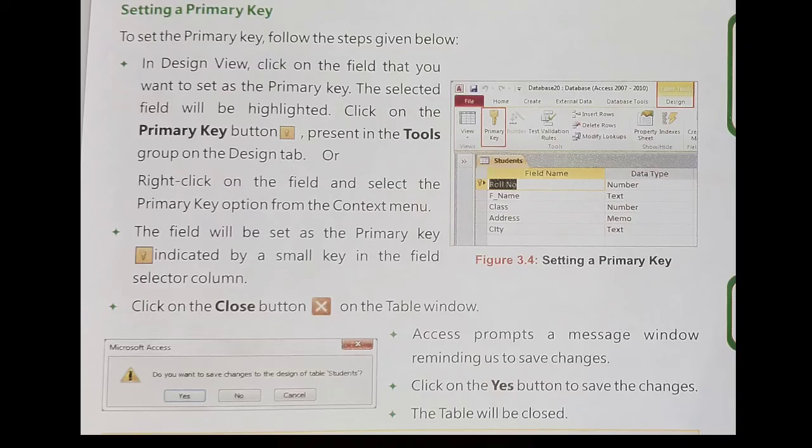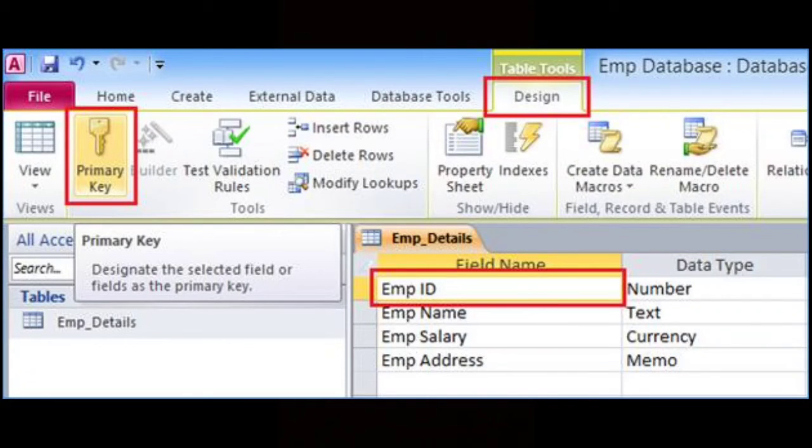So the next question is how to set a primary key. Okay. So first of all, we need to open a table in design view and then select the field or fields you want to define as the primary key, or click the row selector for the desired field and then click Primary Key on the toolbar.